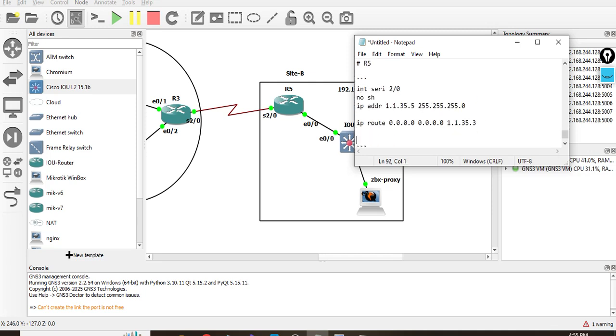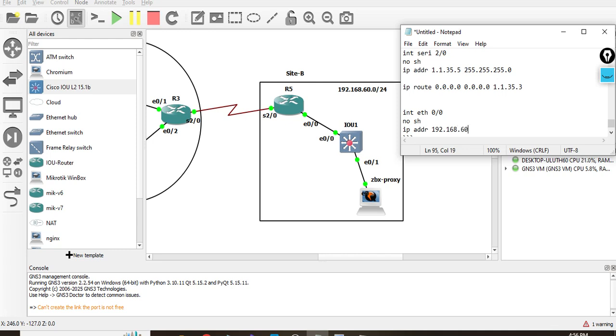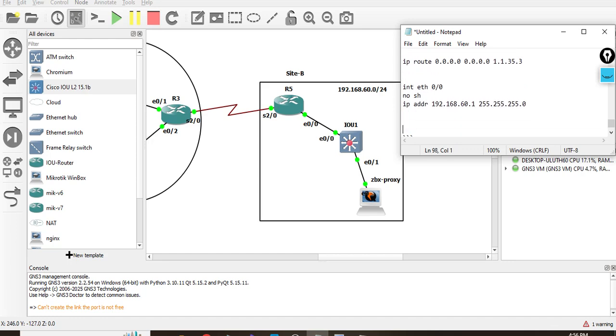Come here on R5, interface ETH0/0, no shut, IP address 192.168.60.1 255.255.255.0. Okay guys,